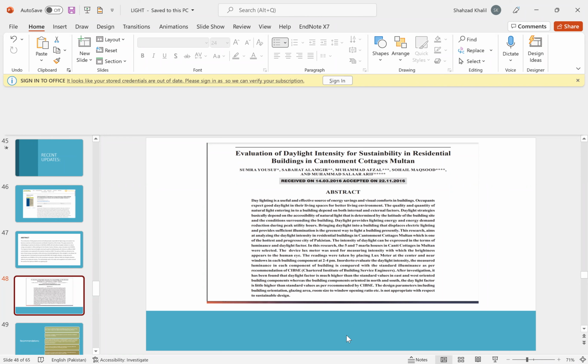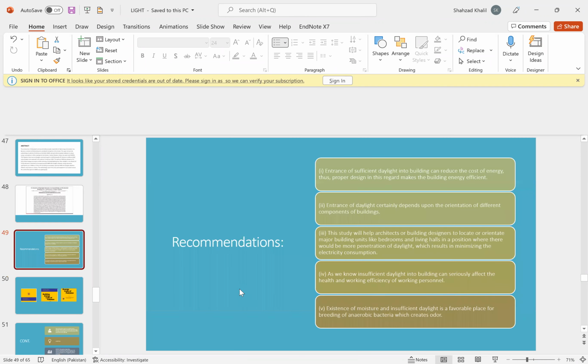In this article, they have given some recommendations. First, entrance of sufficient daylight into a building can reduce the cost of energy. Thus, proper design in this regard makes the building energy efficient. The second recommendation was that entrance of daylight certainly depends upon the orientation of different components of the building. Next, the study will help architects or building designers to locate and orient major building units like bedrooms and living halls in a position where there would be more penetration of daylight, which results in minimizing the